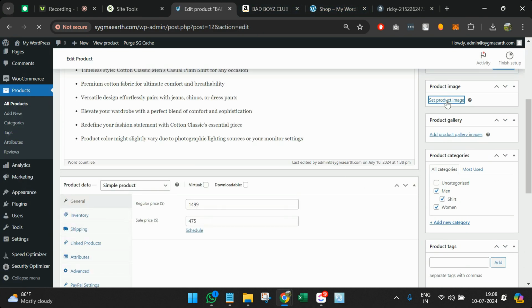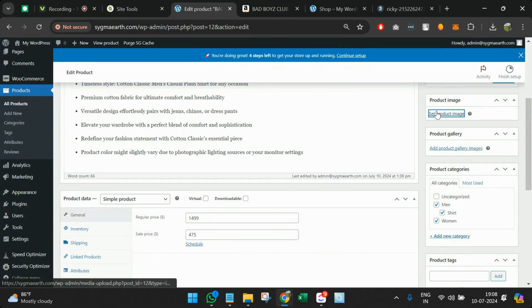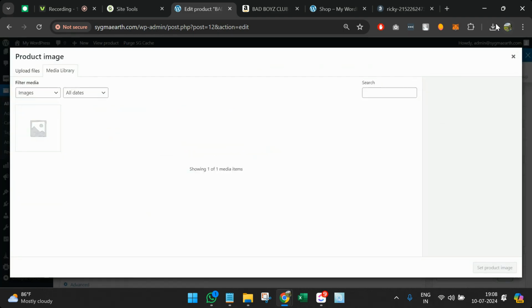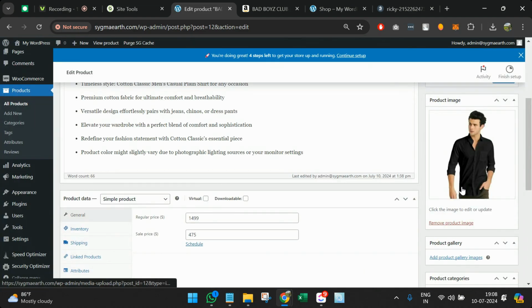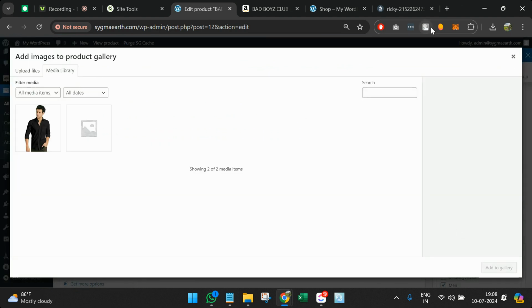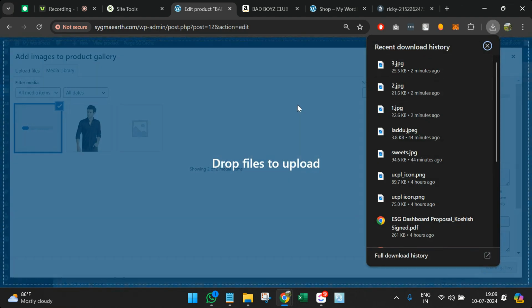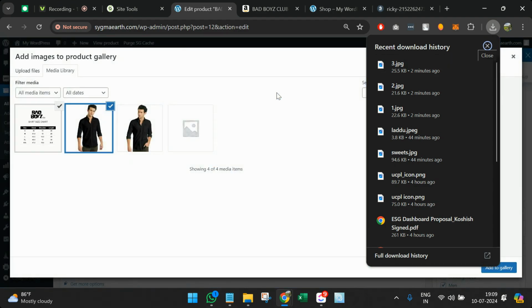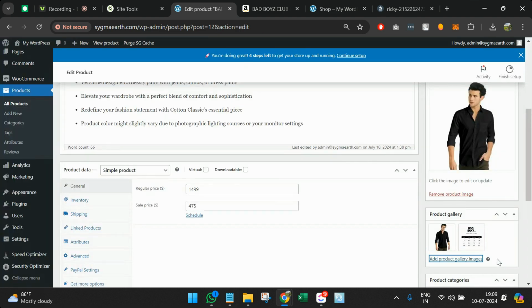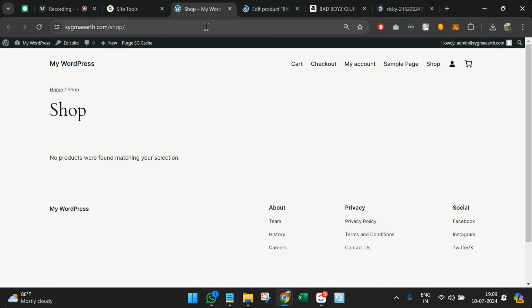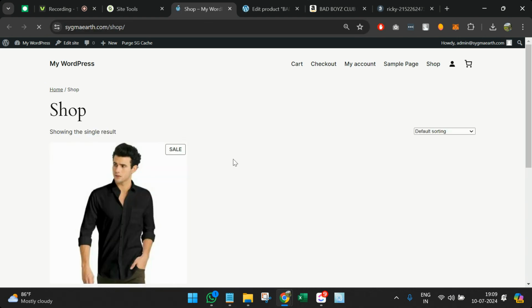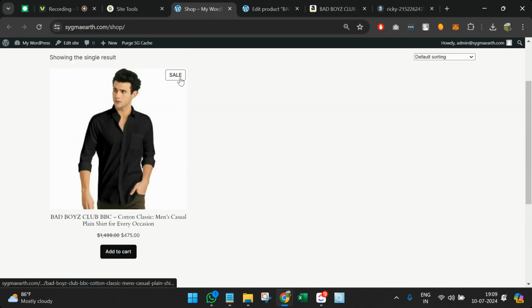But we have not added the product image, so we can choose that from here. Product image. Use the first image as the main product image. And in the gallery, you can add the other product images, 2 and 3. Add to gallery, update. So I will refresh the shop now and you can see a sale is here,